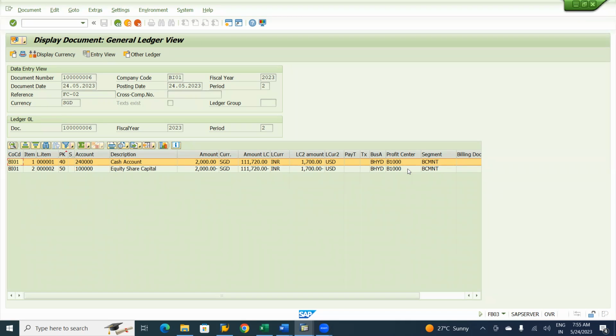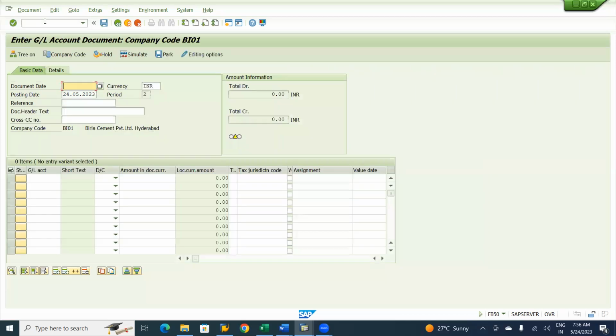Yes, sir. So we will see one more entry with single screen again. What is the transaction code for posting in single screen? Single screen, it's FB50, and double screen, it is F-02. Okay. So /n FB50. I'm posting here F4, F2,